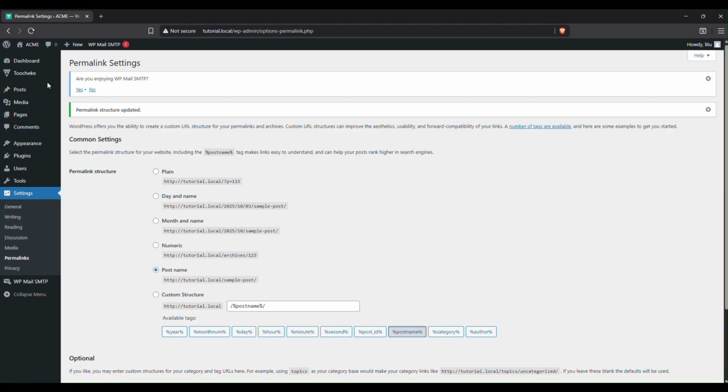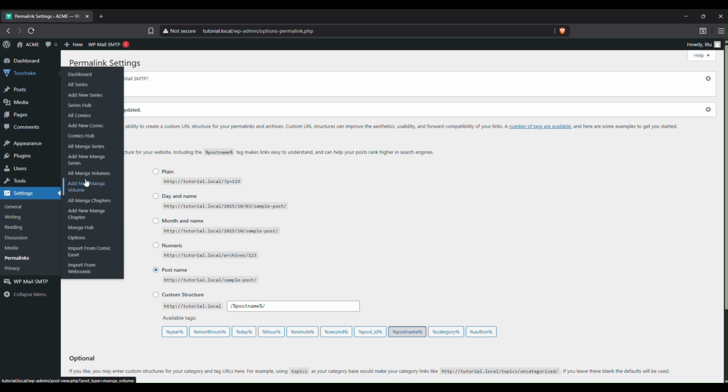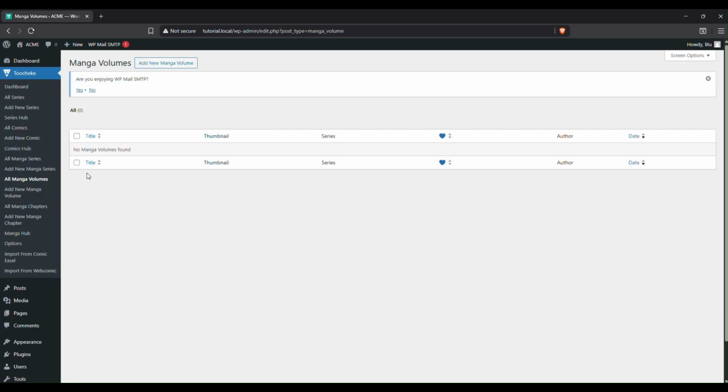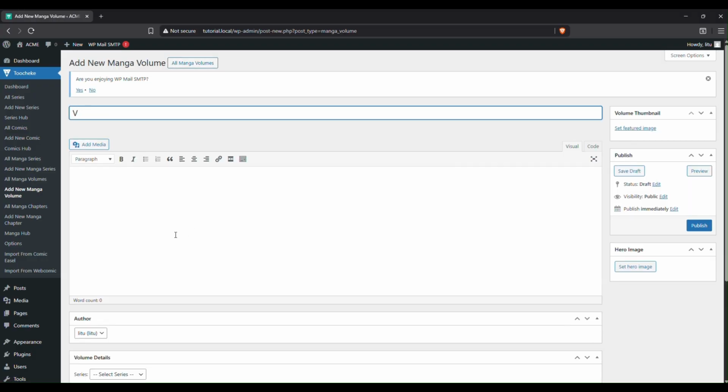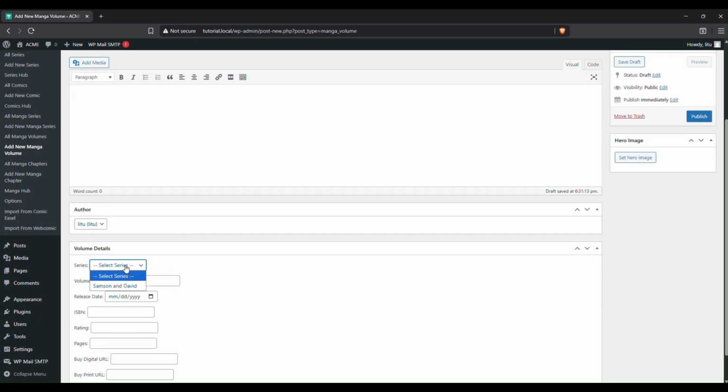So let's say now we want to add a volume for this series. Let's go ahead and do that. We currently do not have any volumes, so I can add a volume, and let's say this is volume 1. The series is Samson and David, and the volume number is volume 1. Make sure to add this in. This will determine the order in which the volumes will be ordered within a series. For the release date, let's add in something like